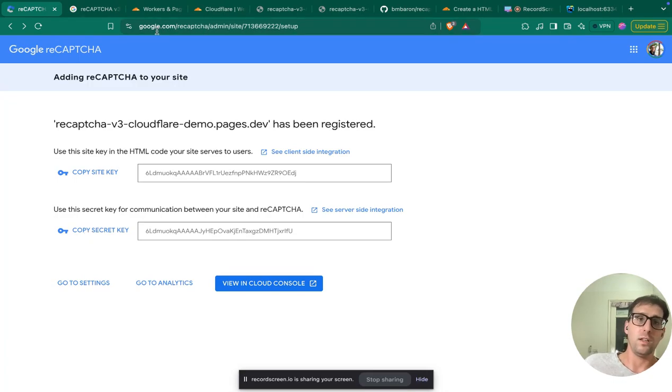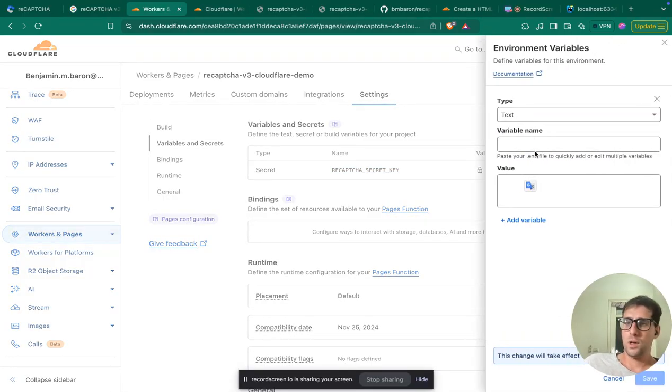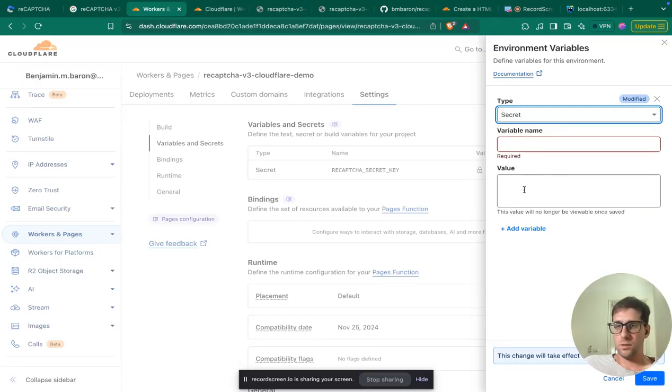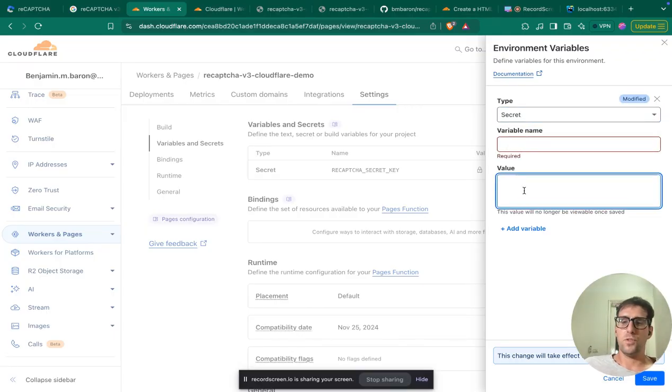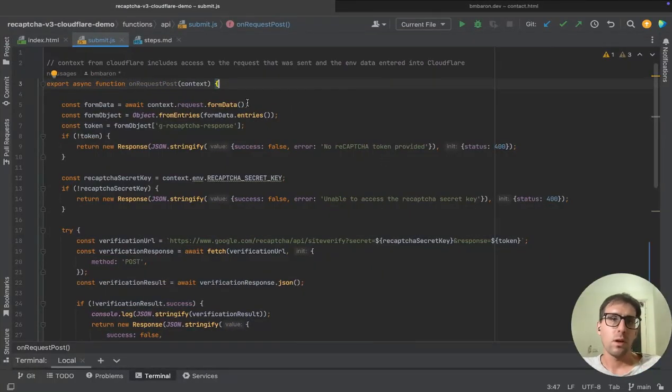This is the only place you're going to need to use it, is put it inside Cloudflare, and then the value is encrypted. When you choose the type, you should choose secret. Then it's not going to be visible again on Cloudflare, but in the back end it will compare and you'll be able to get access to it. Once you've done all that, you should be pretty much good to go with the rest of the